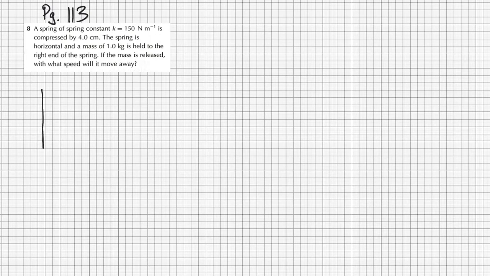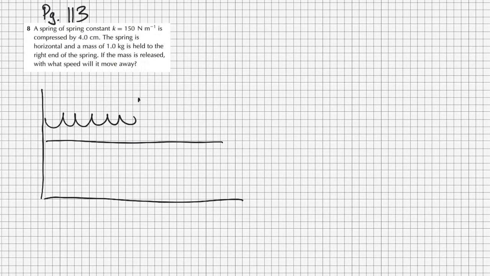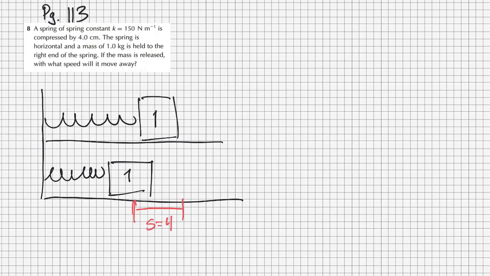again, I like to draw our pictures, right? And we'll draw two different pictures of one. We'll have this be kind of the natural length of the spring with our 1 kilogram mass there. And then our other one will be with our mass compressed 4 centimeters. So that's our displacement from the normal position of 4 centimeters. So that's